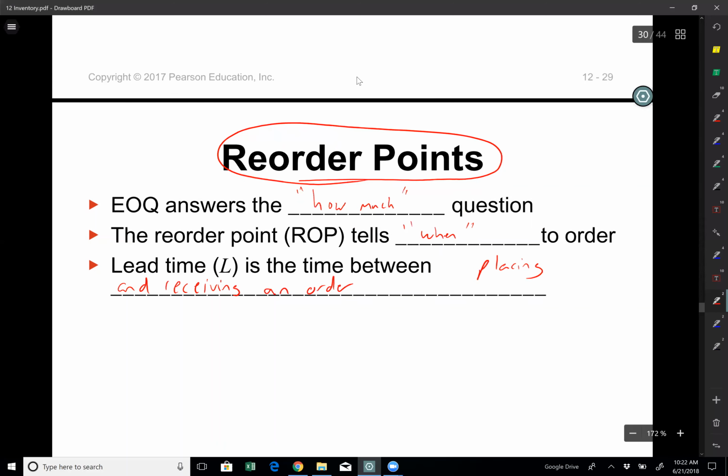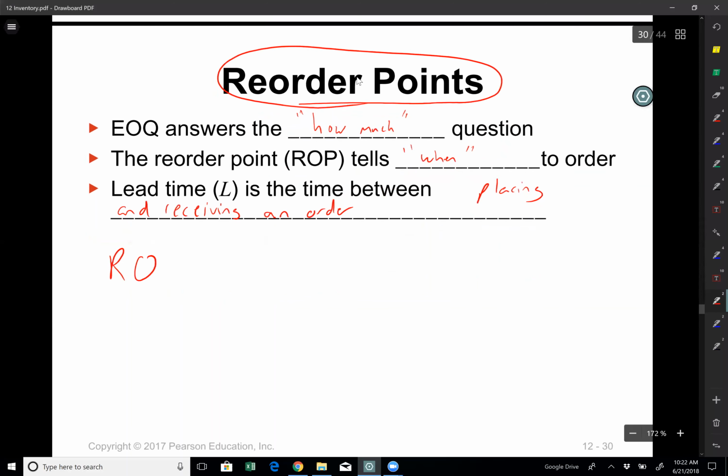Right? So then reorder point is demand per day times lead time for a new order. Lead time for a new order in days, right? So for example,